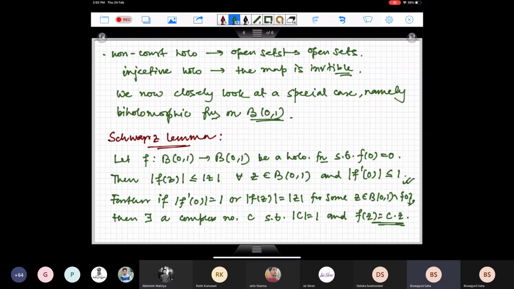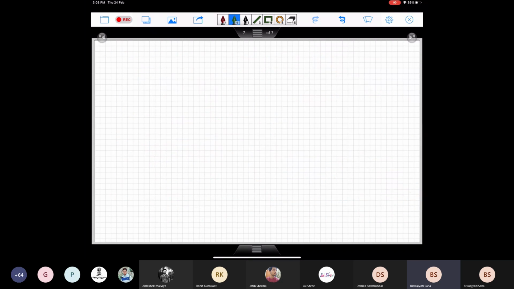Yeah, it's clear. Okay, so like I said, the proof is not going to be difficult at all. It is going to be very simple, and the kind of trick that we have done so many times before. I'm going to use that only. So I'm going to define a new function, g of z, as f of z divided by z for z not equal to 0, and f prime at 0 for z